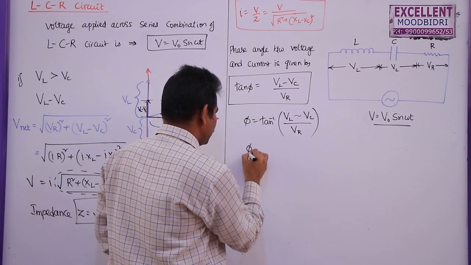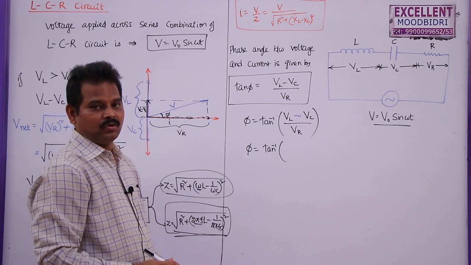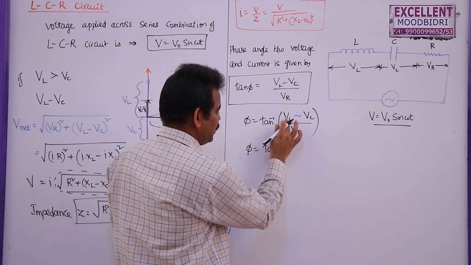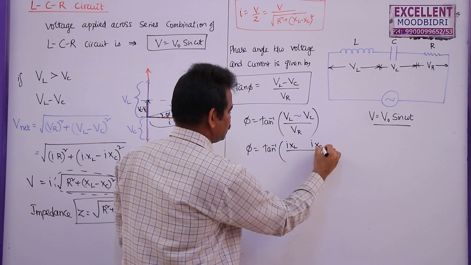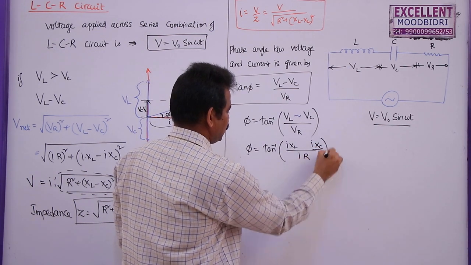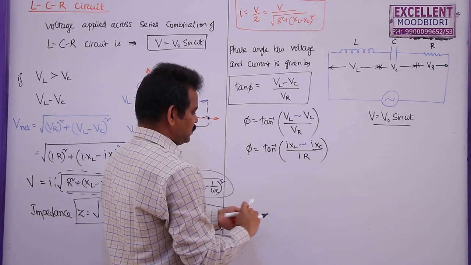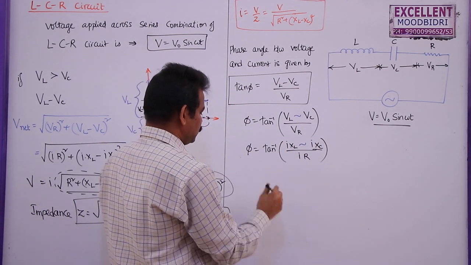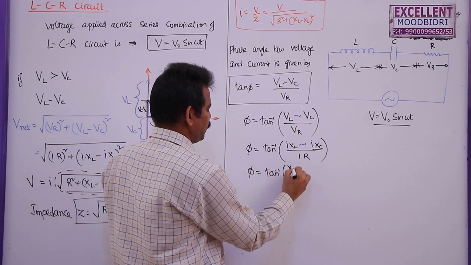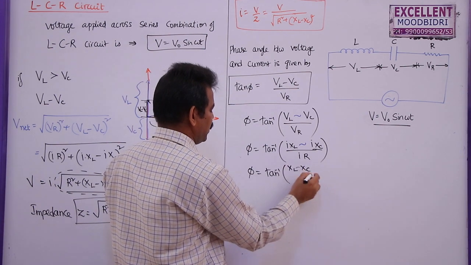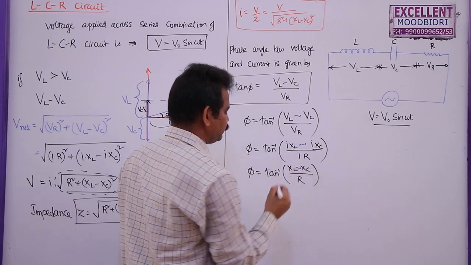So this can also be written as phi is equal to, as the voltages can be written as current into the reactance, this is I XL by, this is I XC by I R, and here we can write this difference. Now you can cancel this I by taking it common. So finally the phase angle between EMF or voltage and current is given by XL minus XC by R here, and once again you can write this difference.